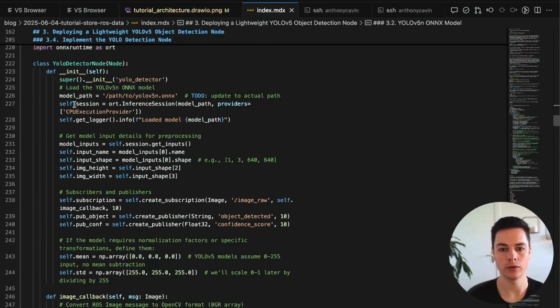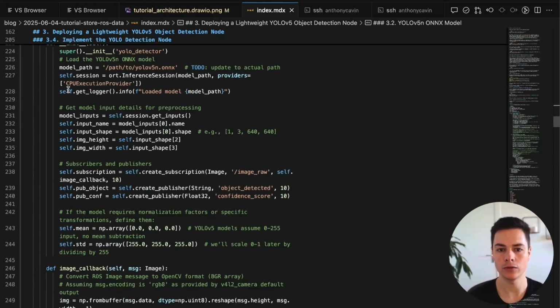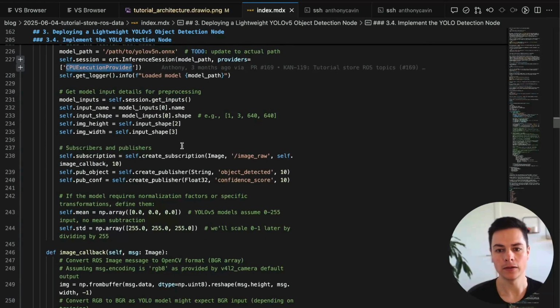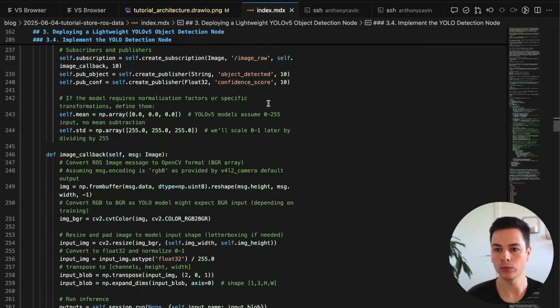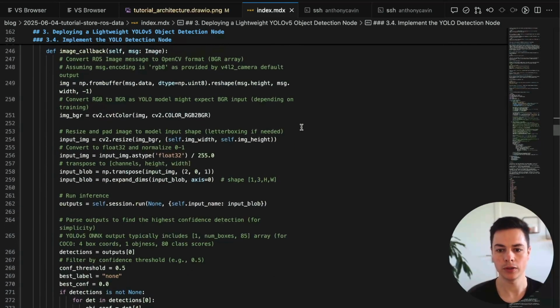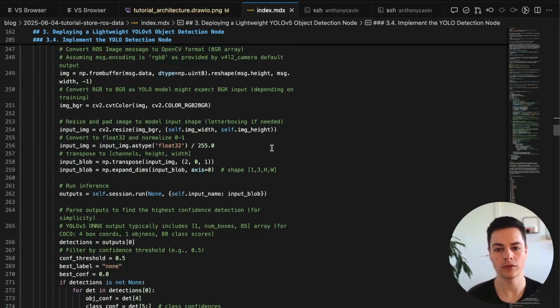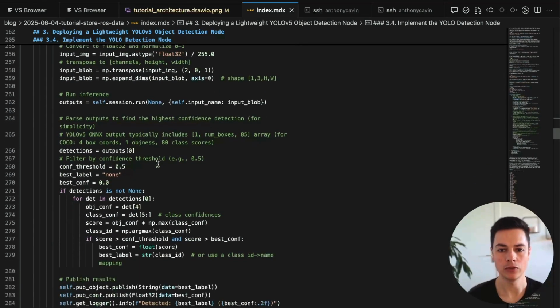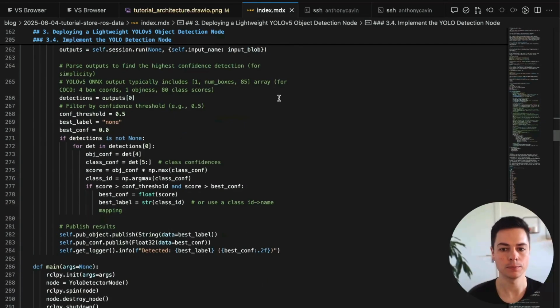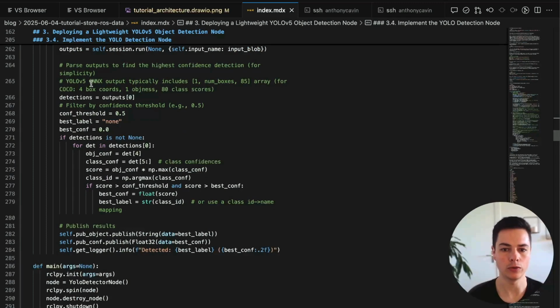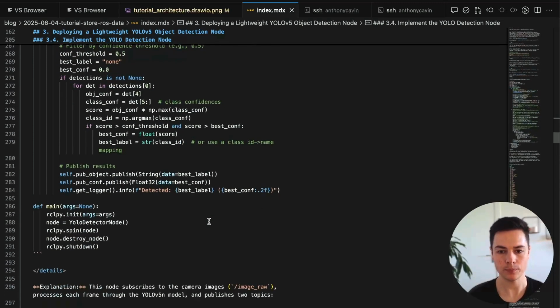You create a runtime session with ONNX using CPU only in that case, and then you subscribe to the image raw topic, and for each image you need to change the format so it's compatible with the inputs of the model. You infer the model, and then you look for all the detections, and it outputs what it detects,